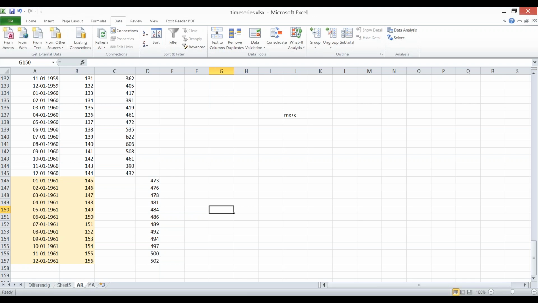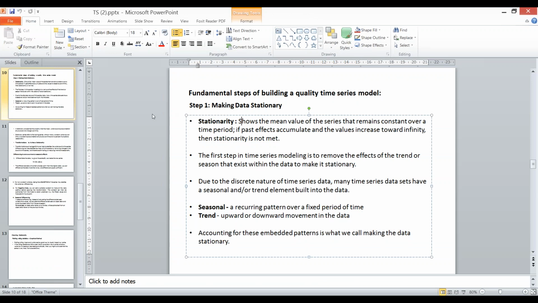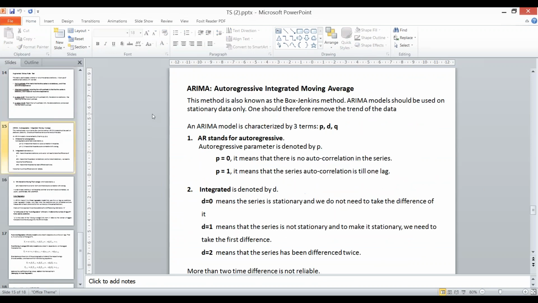Please open up your PPT time series. Has everybody opened it? Has your group finished?